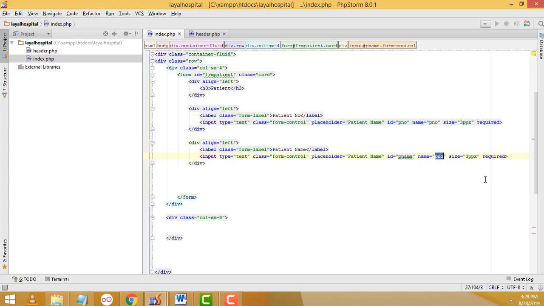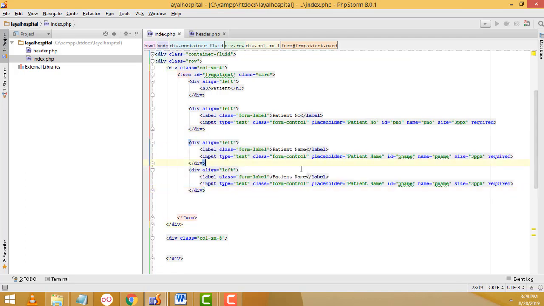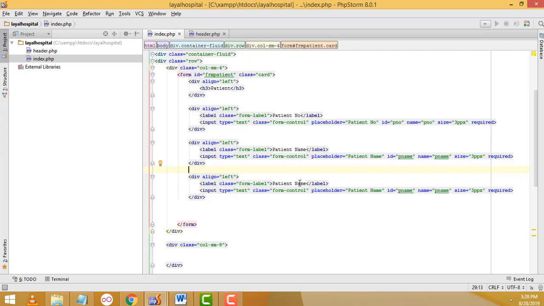Ctrl C to copy, Ctrl V to paste here. So this one is the patient number, right, and the patient name, right. Same thing, Ctrl C to copy, Ctrl V to paste below. Here we have to write this one as a phone